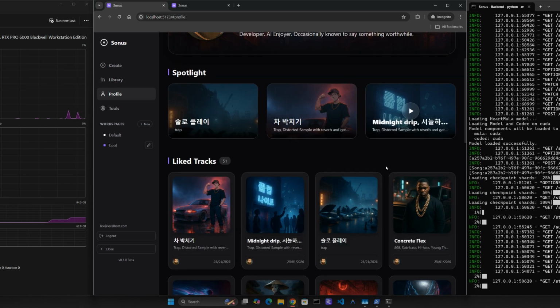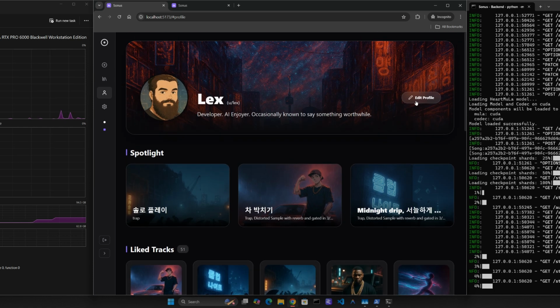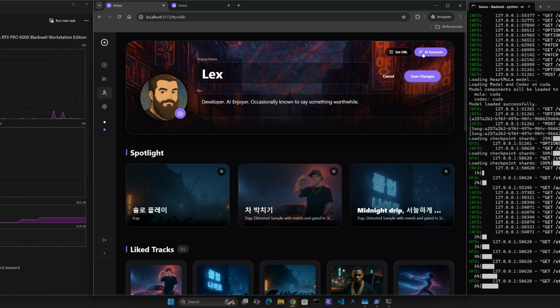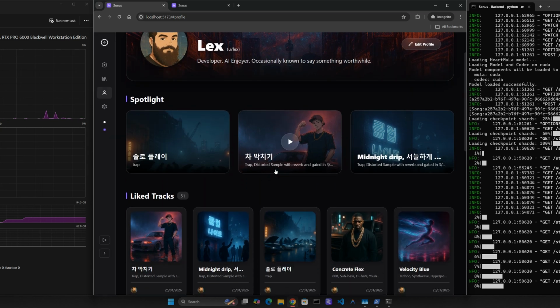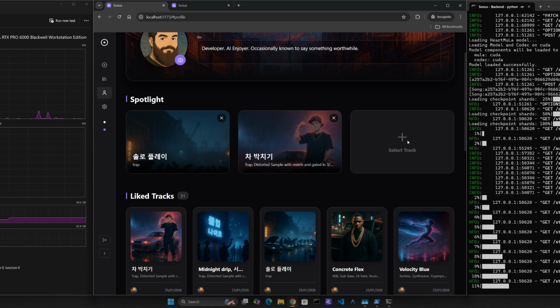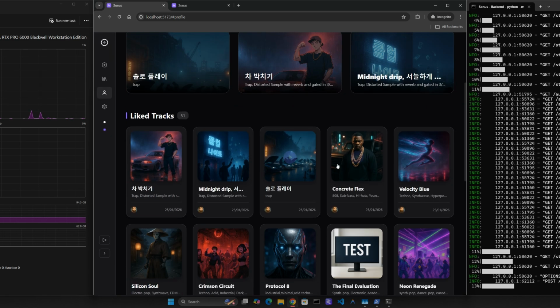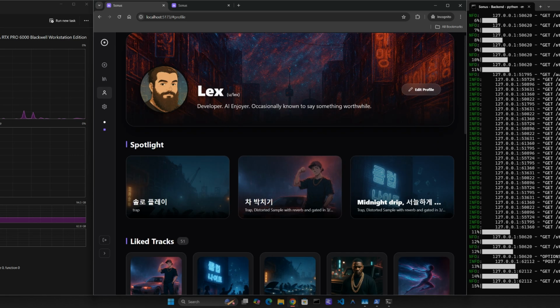So go here. Here's the user profile. I'll collapse this. You've got your banner, which you can change your name. You can use AI to generate a new picture for your banner. You can set the URL for your banner. Then you've got your spotlight. So for example, you can put your 3 favorite songs here. Then below that, you've got your liked tracks, and at the bottom, you've got playlists. You can show here and have a listen to some of these generations, like for example,